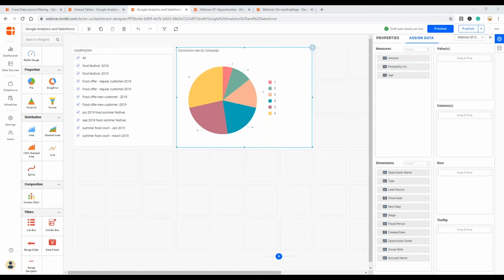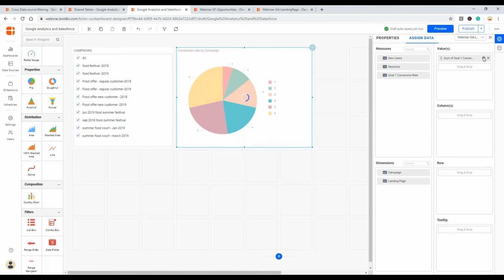Coming to the column selection, I'm going to use the other data source and use the conversion rate for the values, and campaign as my columns.